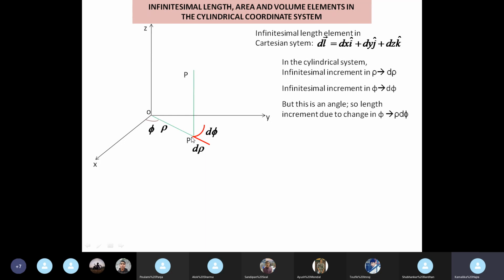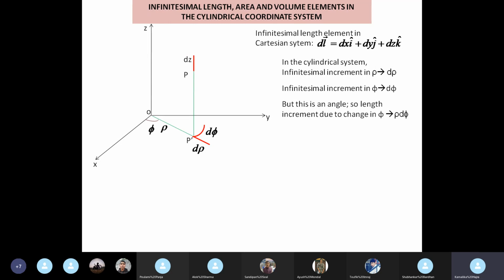The arc value of this, the d phi, is this angle over here. So rho d phi. All of you know how to find the arc length. This is rho d phi. And finally, the third coordinate that we need to increase is easy, it is along the z-axis, so this makes our life a little bit simple. Along the z-axis, the increase is dz.